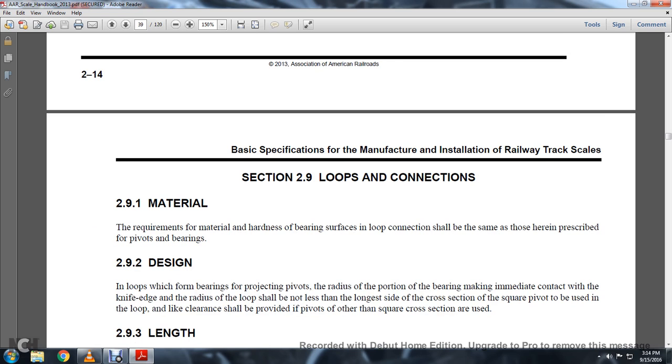Section 2.9 Loops and connections. 2.9.1 Material required. The materials hardened with the bearing surface of the loop connection shall be the same as those therein prescribed for the pivot bearings. 2.9.2 The design of the loop of the bearings projecting the rivets radius portion of the bearing making the immediate